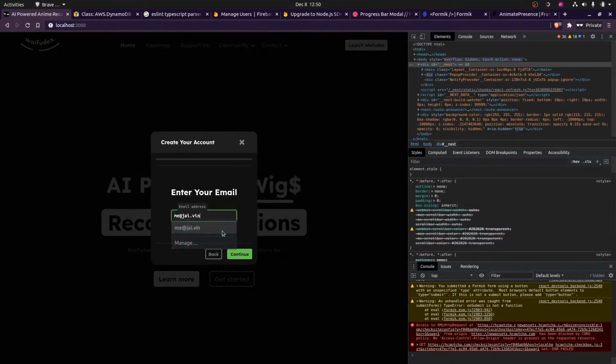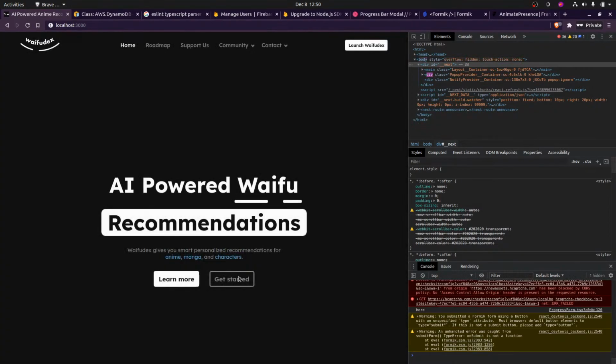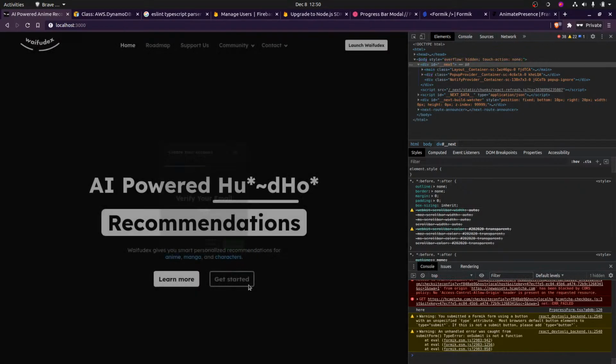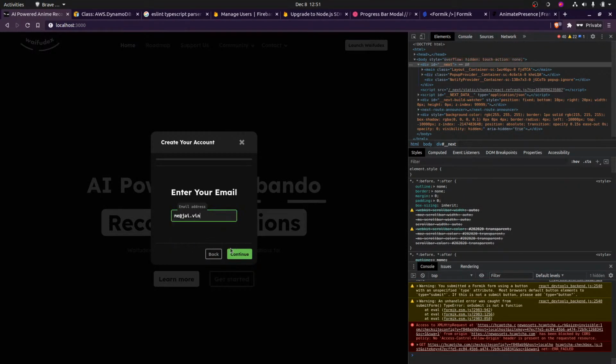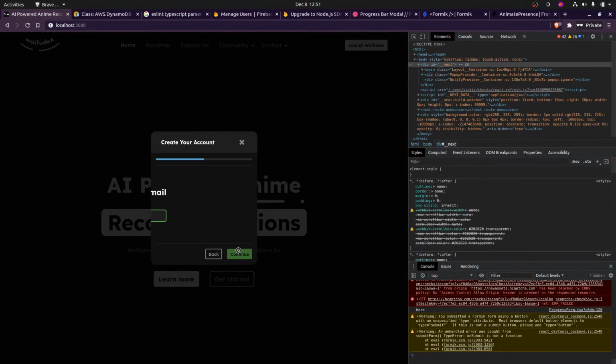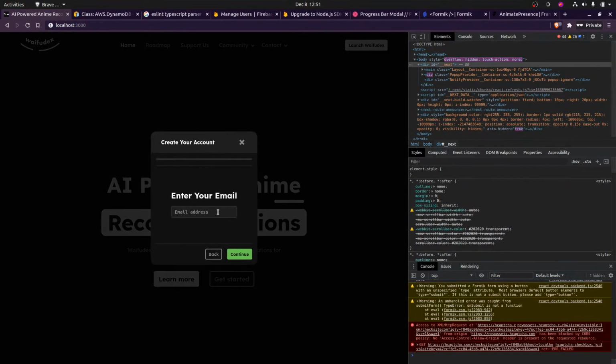Okay, maybe that works better. Not fully though, but okay, that's kind of nice, a little bit. It doesn't go all the way though, and this progress goes really fast, so I kind of want to sync these things up.